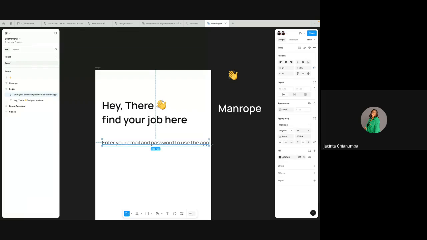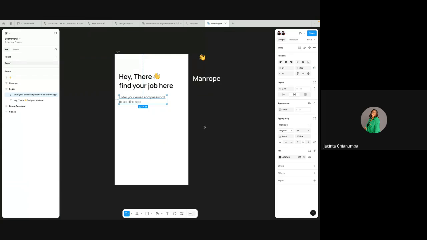Once you are done, you adjust it according to how you want it to be. You can see password. Then we can increase this font. It's looking too small. You can increase it to like,